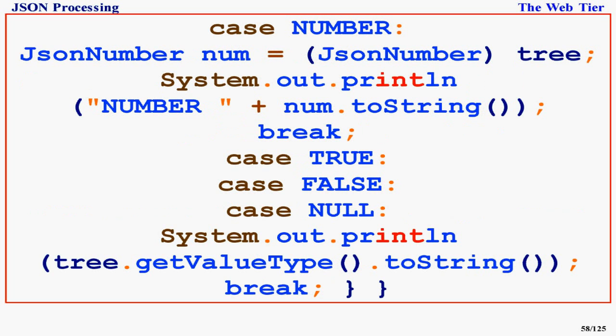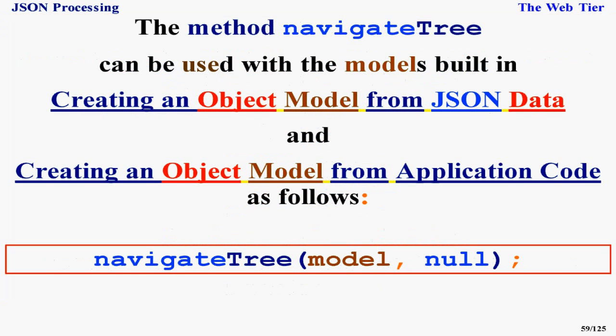JsonNumber num = (JsonNumber) tree; System.out.println("(NUMBER) " + num.toString()); break; case TRUE: case FALSE: case NULL: System.out.println(tree.getValueType().toString()); break; } The method navigateTree can be used with the models built in creating an object model from